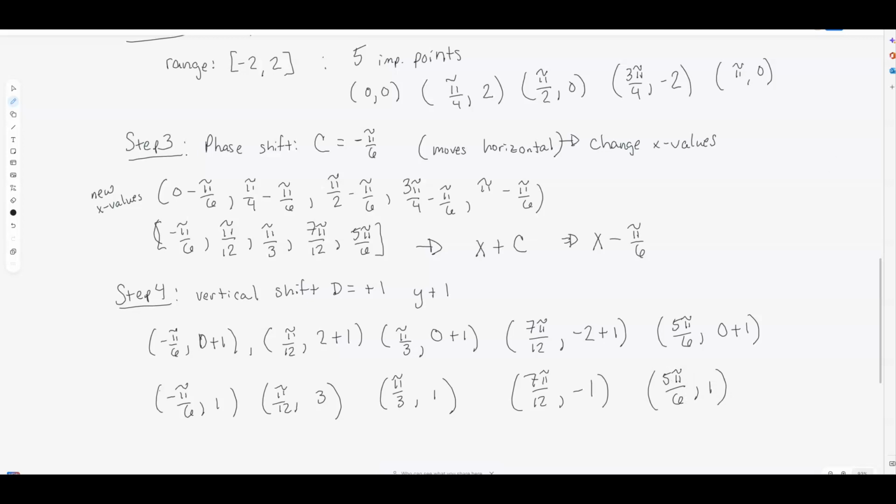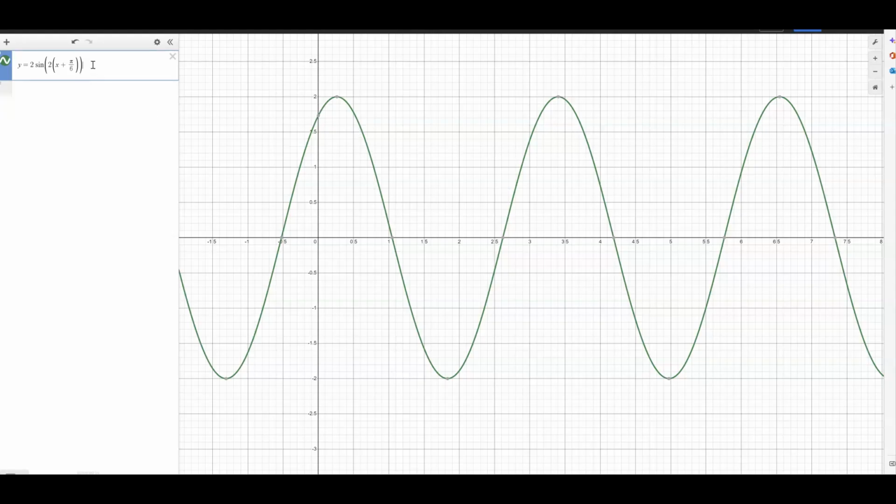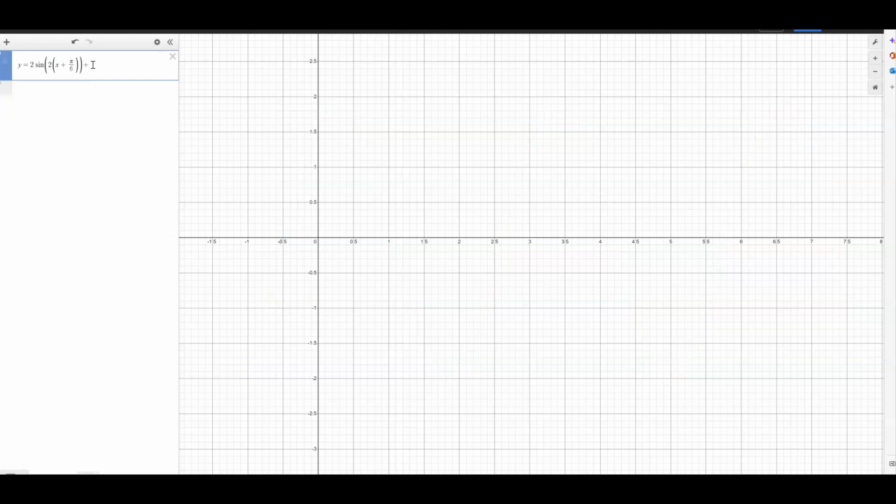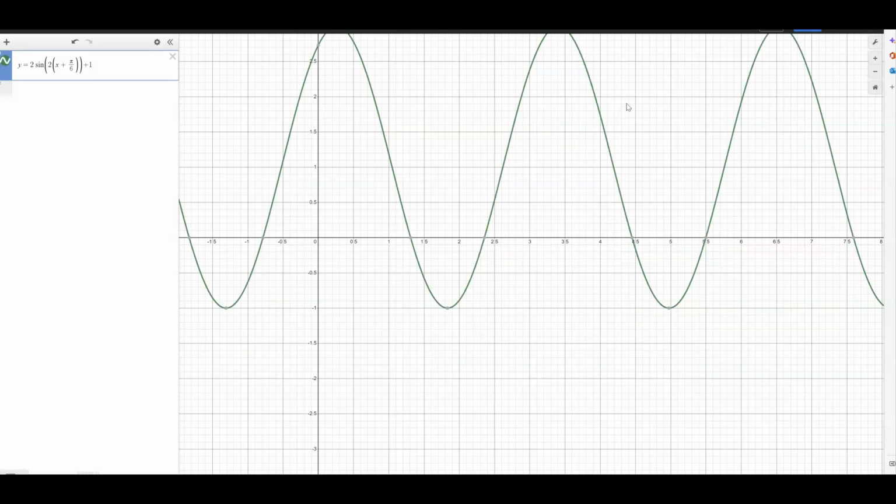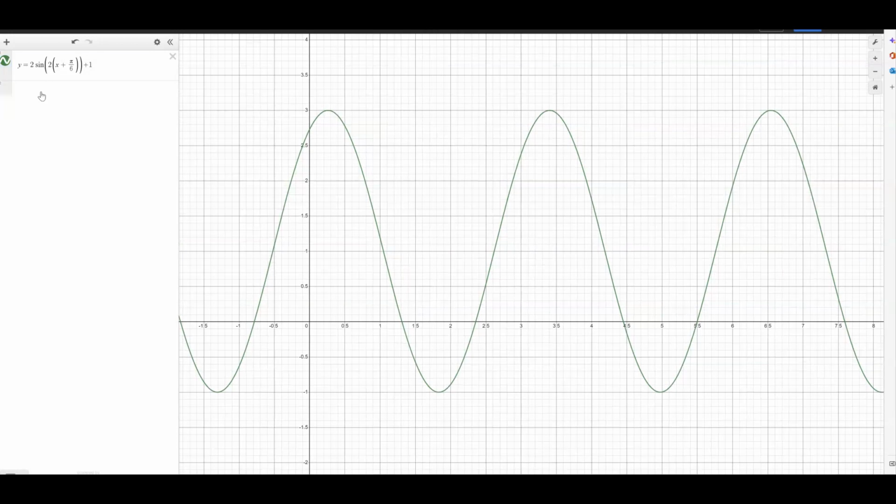Okay, and in our Desmos graphing calculator, I'm just going to add 1 to this, and you can see it just shifted everything up. I'm going to quickly do y equals 1. So you can kind of see now this is our new kind of